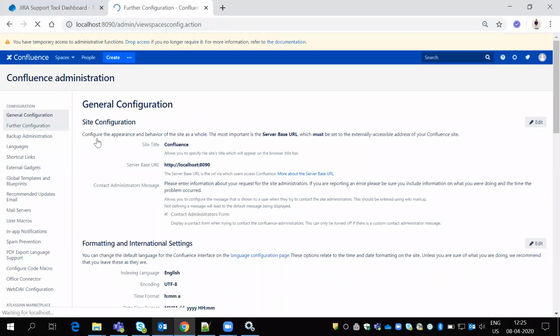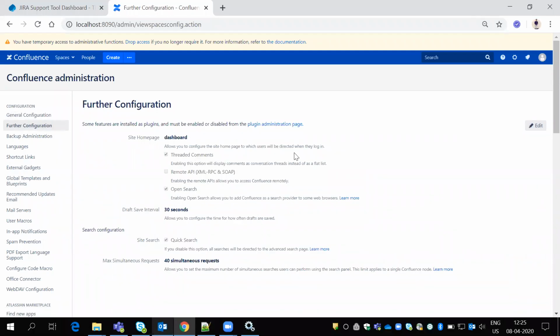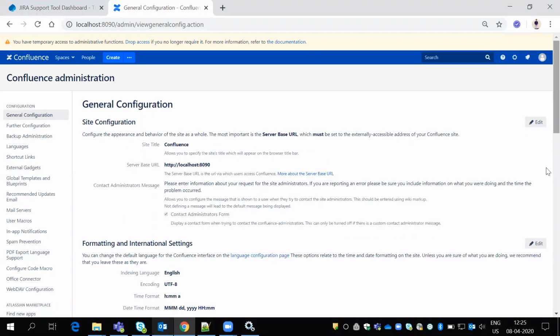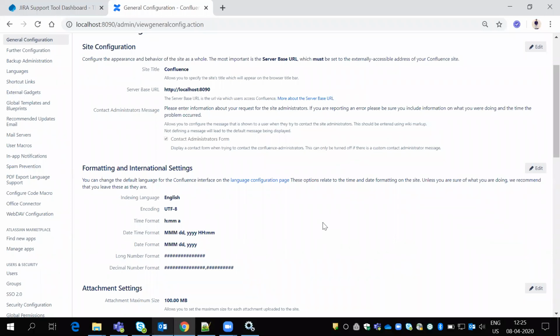Sir, in that general configuration, once again, can you go? There is this date and time format, right, sir? For month it has been given as MMM.